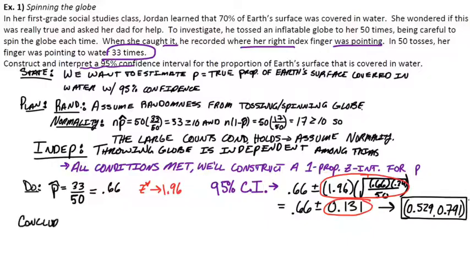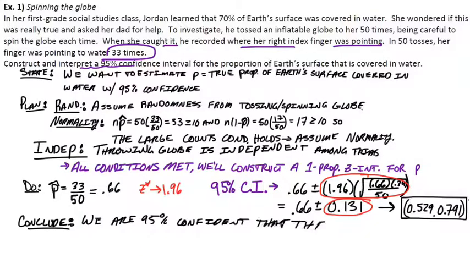And then the conclude step, we were going to do this regardless, but the problem did say to go ahead and interpret this interval too, right? It said construct and interpret the interval. And hopefully by now we're getting pretty good at this. We are 95% confident